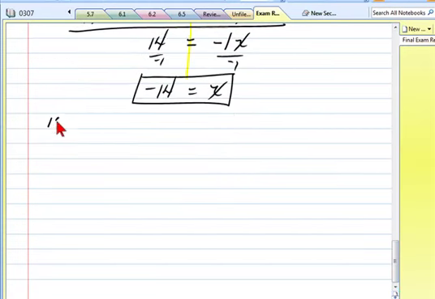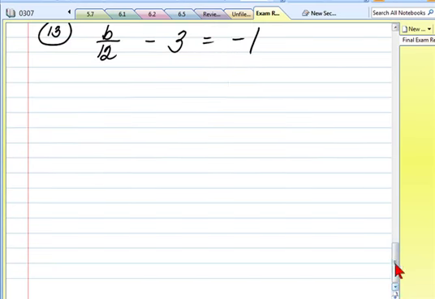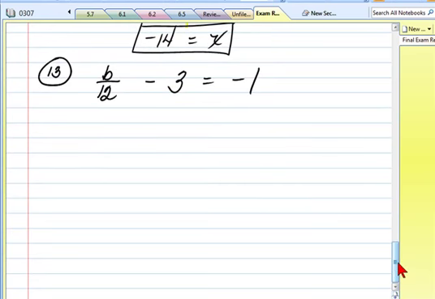Number 13 is the last of the equations to solve. At least that's all, the last in this group. I have b over 12 minus 3 is equal to negative 1. And once again, I left a little space so that maybe I can do this the easy way. I see a fraction. What's the common denominator? 12. So I will multiply